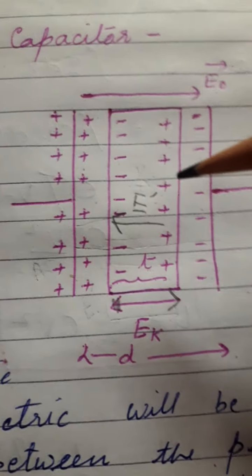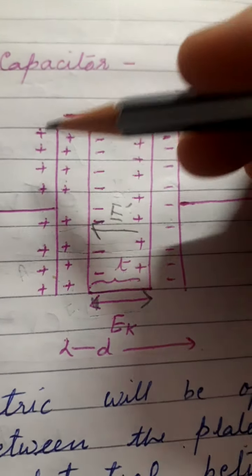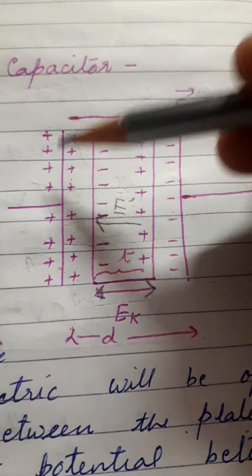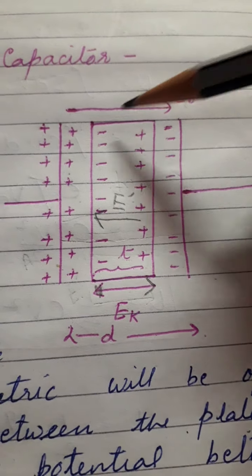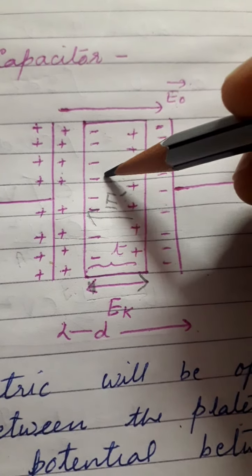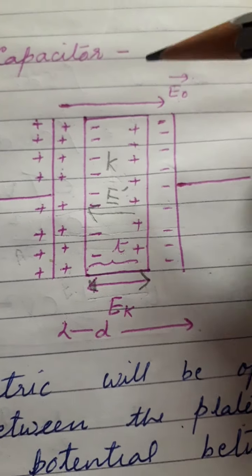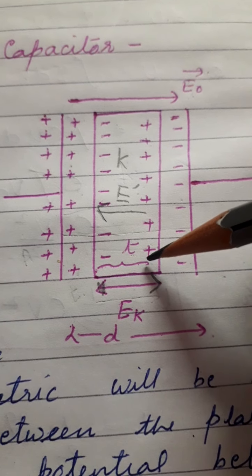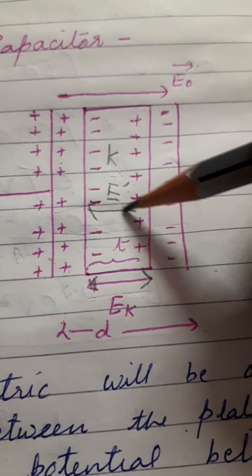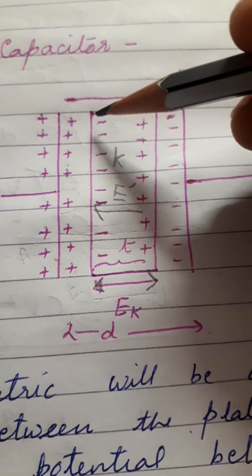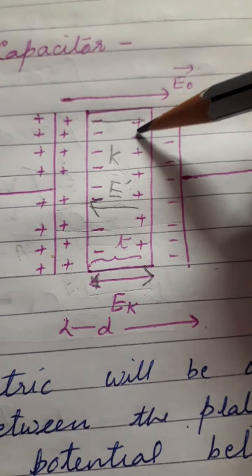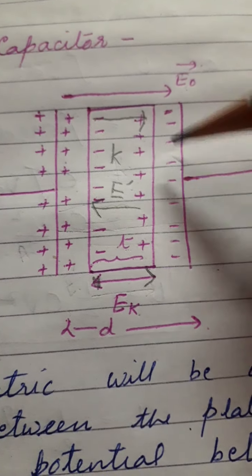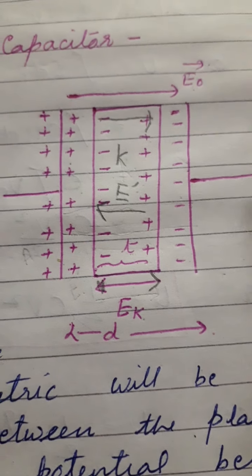Now in this case we can see this is the total structure of a capacitor, in which this is the first plate, positively charged, then this is the dielectric slab of thickness T with dielectric constant K. And now due to this charge distribution inside the dielectric, a net electric field is developed in the opposite direction. So inside it the net electric field will be in the same direction, that is, suppose EK. And this is the second plate which is connected to the output.